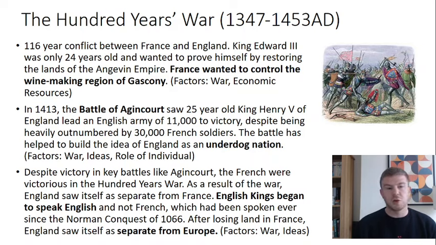So the Battle of Agincourt has become really important in terms of English identity because 25-year-old King Henry V led a much smaller English army of 11,000 soldiers to victory against 30,000 French. And even though in the grand scheme of the 100 Years' War it wasn't shown to be pivotal, it's helped to build this idea of England as an underdog nation,